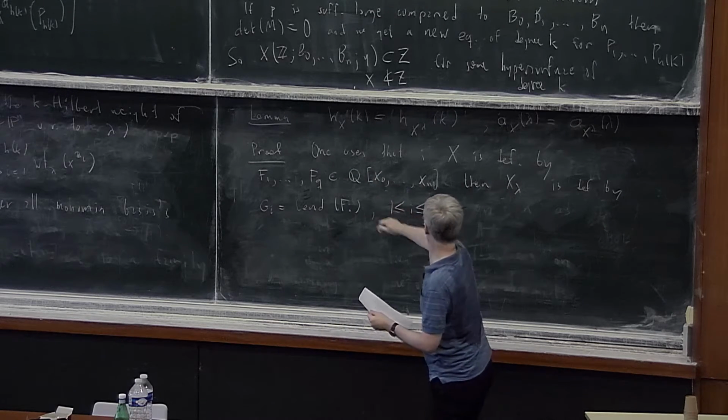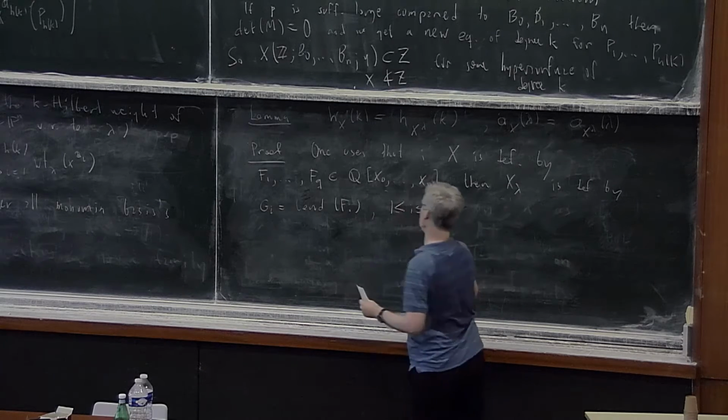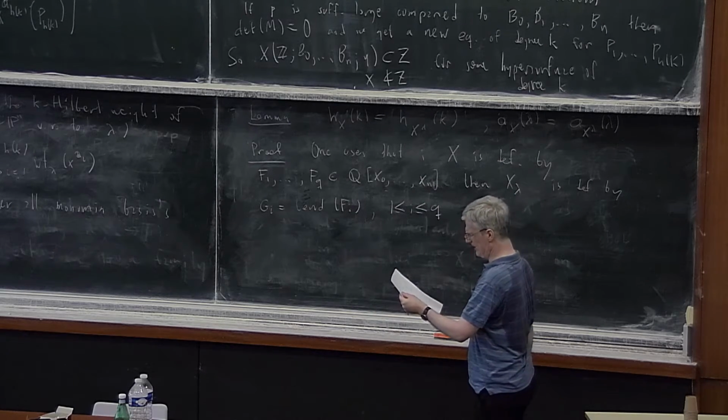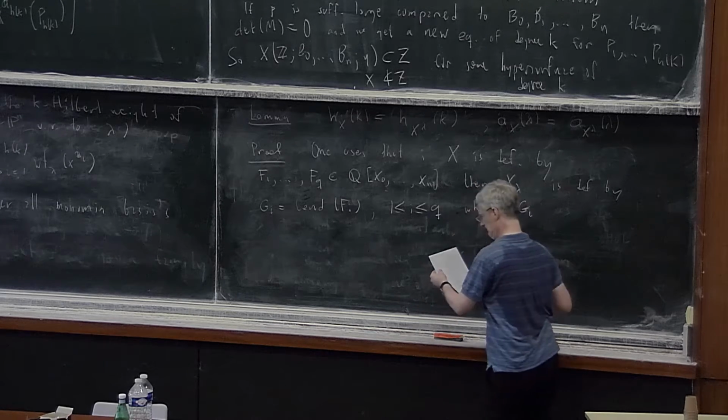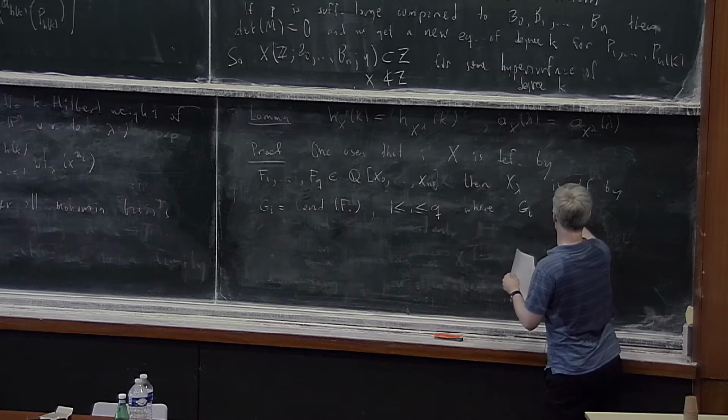I will run between 1 and q here. So I have the same number of homogeneous polynomials, but these are simpler, where then this J_i is defined by